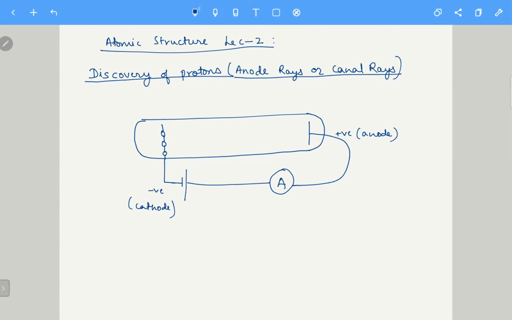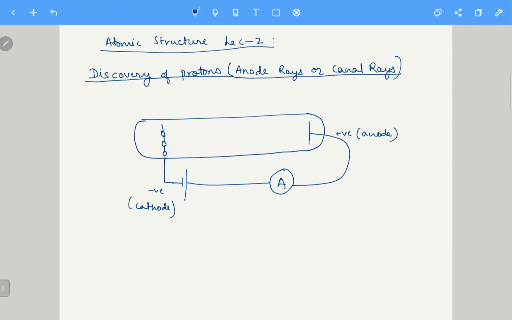Earlier, it was thought that maybe some cathode ray particles accidentally travel backwards, resulting in some glow at the cathode end. Earlier, scientists did not pay much attention to this. They were ignorant about the glow produced at the cathode end. They were mainly focused on the glow produced at the anode end. But once all studies regarding cathode rays were done, some scientists started studying this glow being produced at the cathode end.